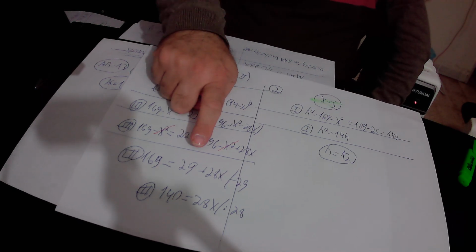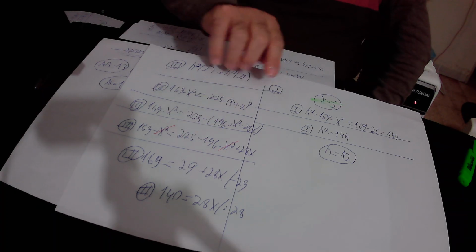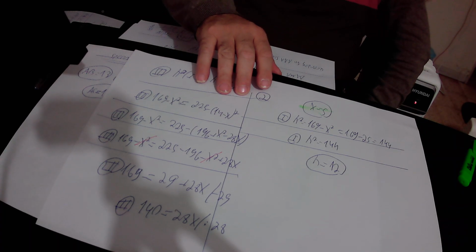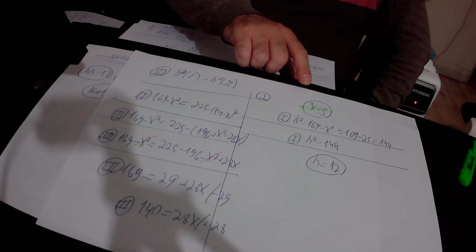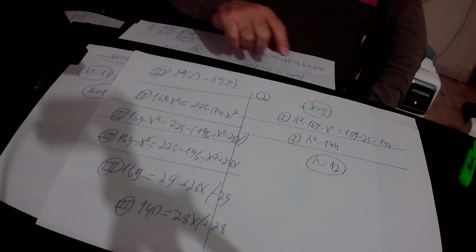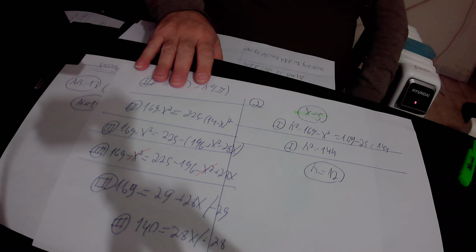Here we divided equation number 3 by 28, and finally we found out that x equals 140 over 28, that is 5. So x equals 5. According to equation number 1,